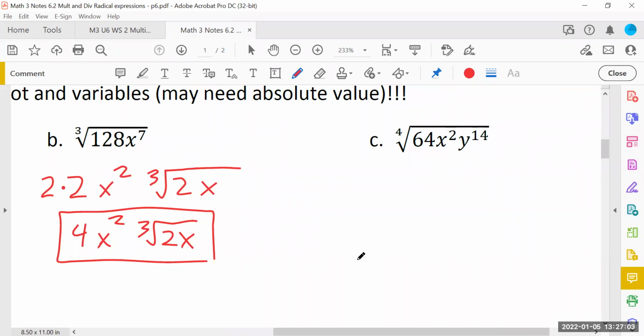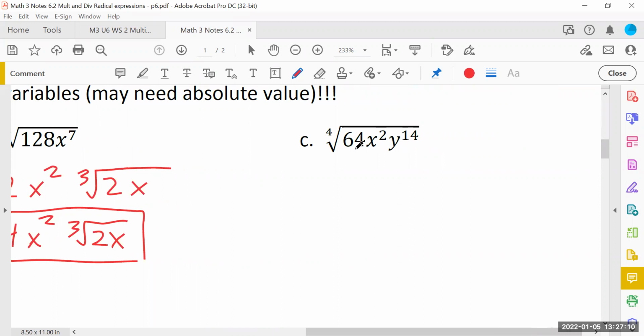Letter C is in here just to show you a very interesting case that happens sometimes. So 64, this is a 4th root. I'm looking for sets of 4. 64, 2, 4, 8, 16, 32, 64. It's 6 2s. Again, you don't need to be able to do it that fast. You can do the little factor tree, works out just fine. But if I have 6 2s, that means I can bring out 1 set. 2 goes on the outside, but there would be 2 2s left over